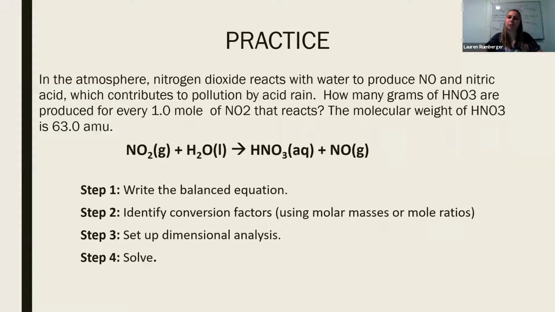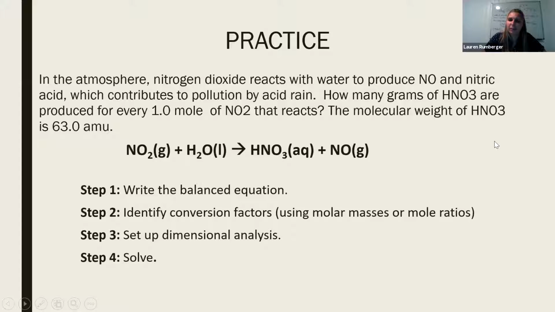All right, the first problem that we're going to start with. In the atmosphere, nitrogen dioxide reacts with water to produce nitrogen monoxide and nitric acid, which contributes to pollution by acid rain. How many grams of nitric acid, so this should be a subscript, my subscripts didn't work when I